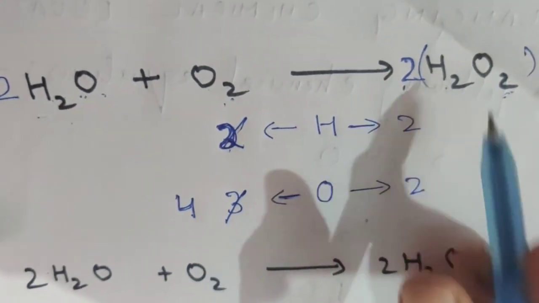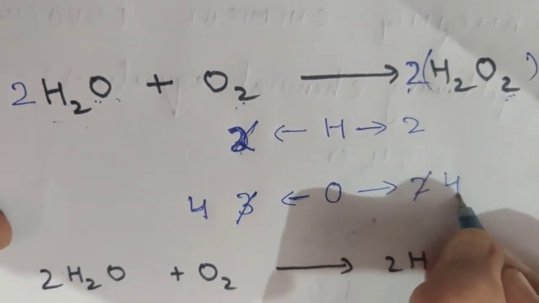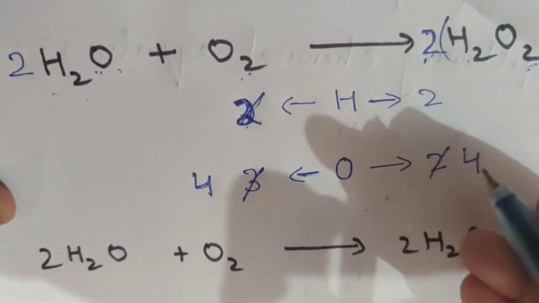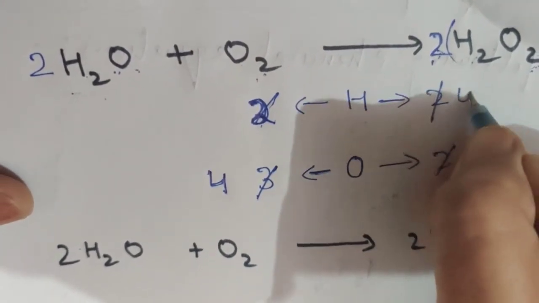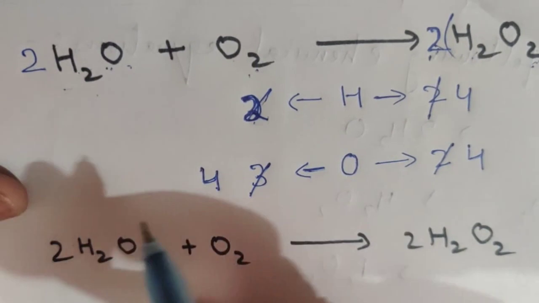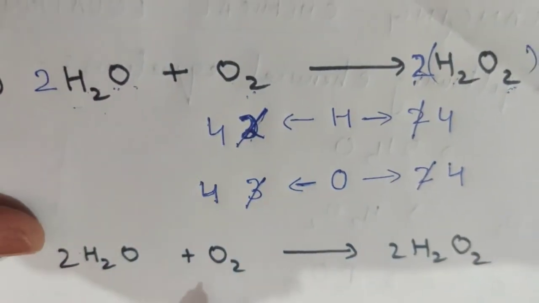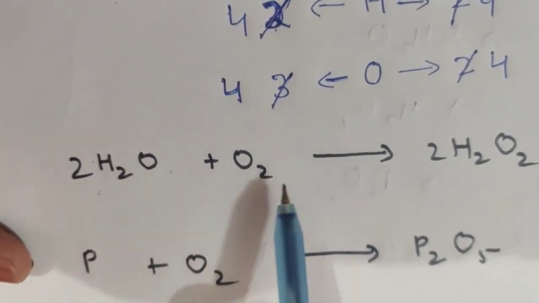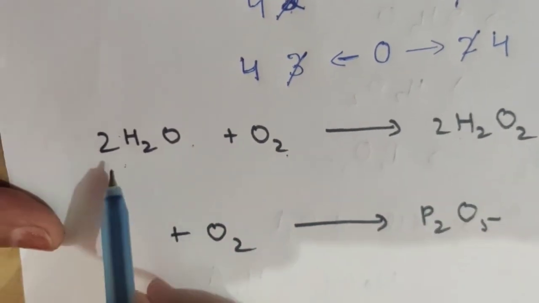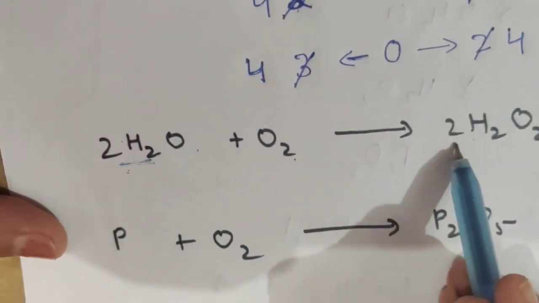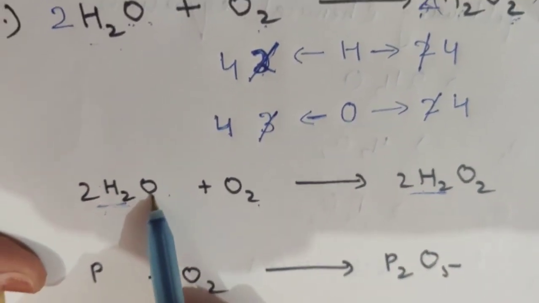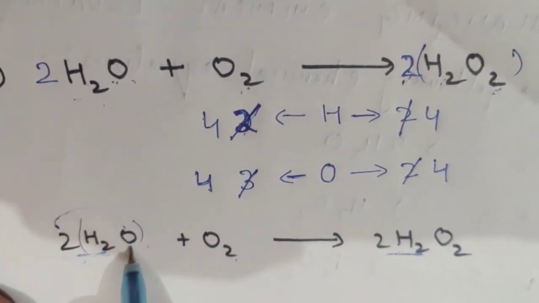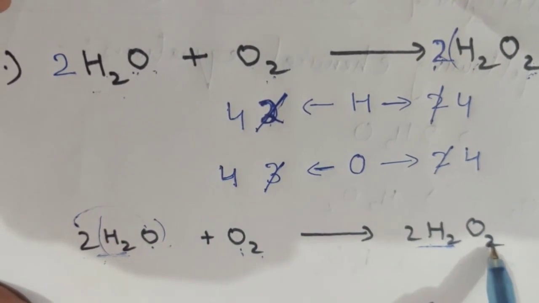So now the oxygen towards product side is also 4, but by putting 2 here the hydrogen is also getting changed. The number of hydrogen atoms is 4, and towards this side also the number of hydrogen atoms are 4. Now you can see the equation is completely balanced. So the complete balanced equation becomes 2H2O plus O2 gives 2H2O2. So here we have 4 hydrogen atoms. This side also we have 4 hydrogen atoms. Here we have this 2. Again I am reminding you, this 2 is applicable for this oxygen also. So 2 plus 2 will make 4 oxygen atoms, and here we have 4 oxygen atoms.